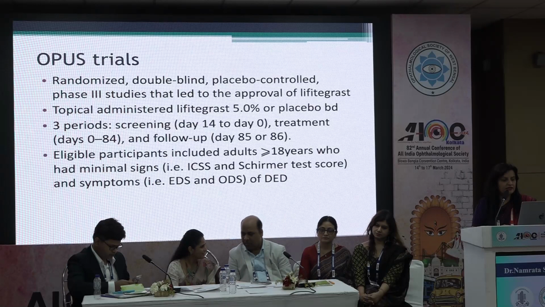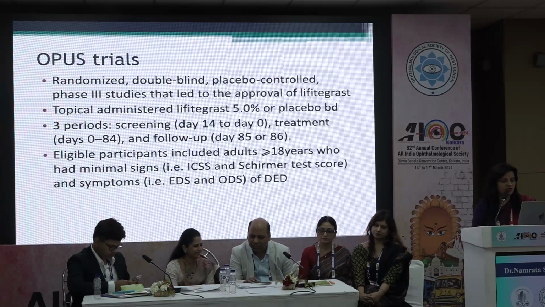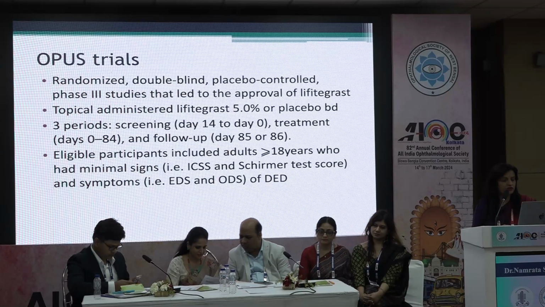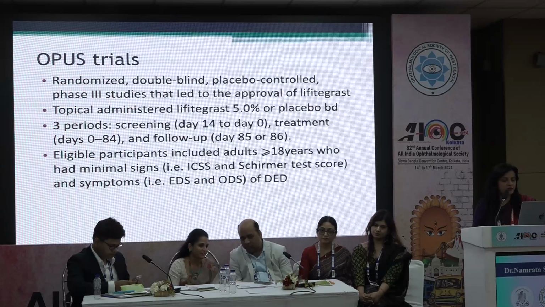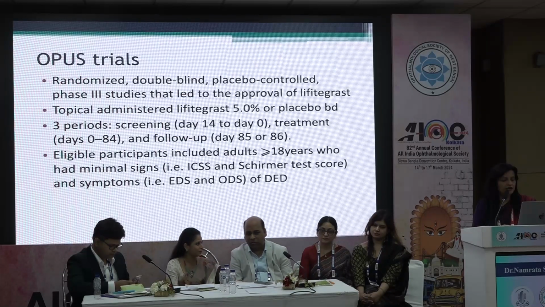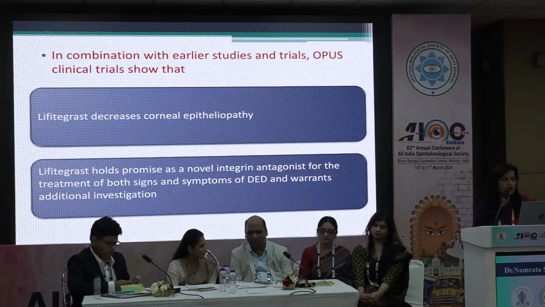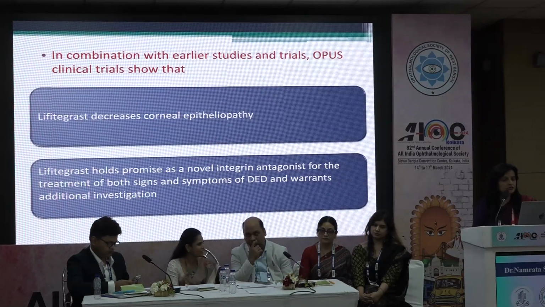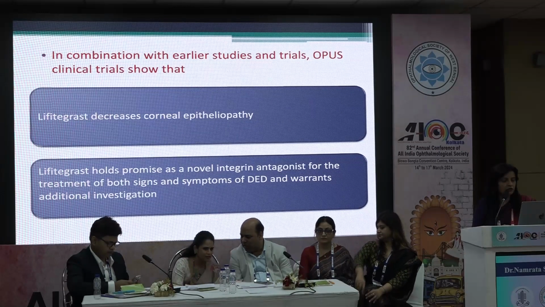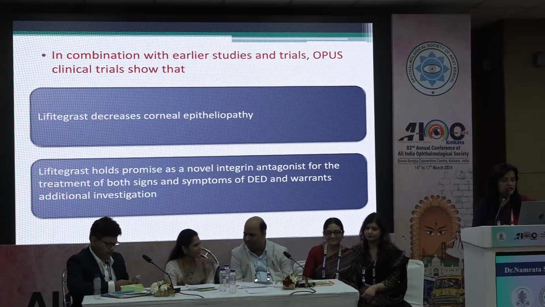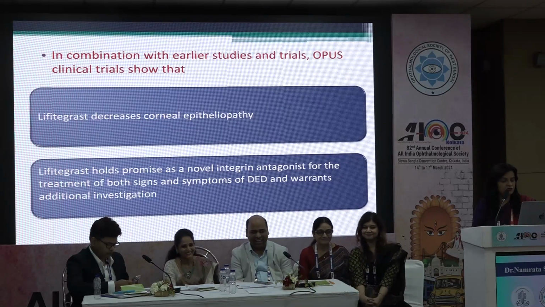OPUS trials have been done, and these are randomized double-blind placebo-controlled phase 3 studies where topical lifitegrast 5% or placebo BD was used, and there were 3 periods, that is screening, treatment and follow-up. The eligible participants included were more than 18 years and who actually had dry eye. In combination with the earlier studies and trials, OPUS clinical trials have clearly shown that lifitegrast does decrease corneal epitheliopathy and holds promise as a novel integrin antagonist for treatment of both signs and symptoms of dry eye disease